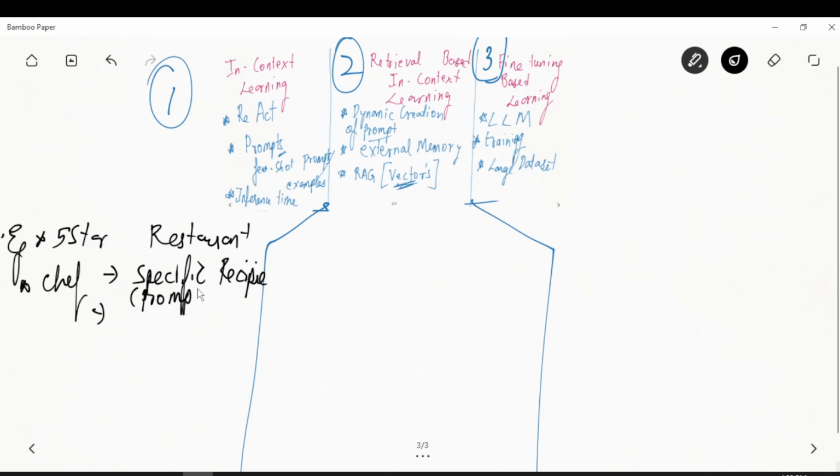This is what you're asking to be cooked. You want a specific food to be cooked. And what else does he have? He has certain ingredients, right? He has key ingredients that he can put. He has certain ingredients in his kitchen, right? He has certain ingredients in the kitchen, and he has some sample